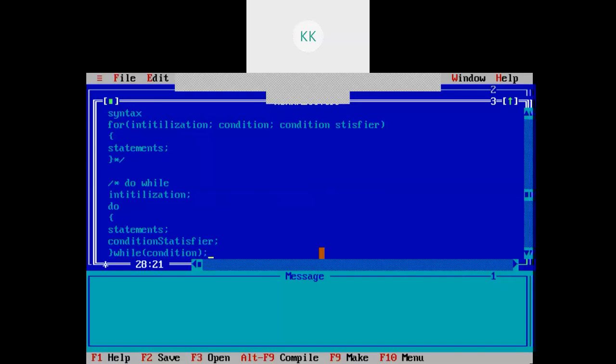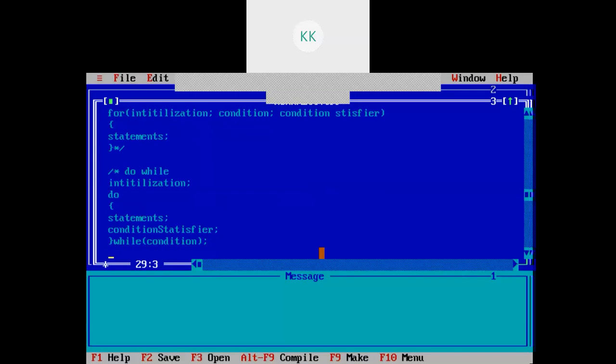The difference between the while loop and the do while loop is that even if the condition is false, the do while loop will get executed at least once. Majorly, the do while loop is used where we want a menu driven program, wherein we want to display the menu first, and depending upon the options we want to continue the do while loop or not.